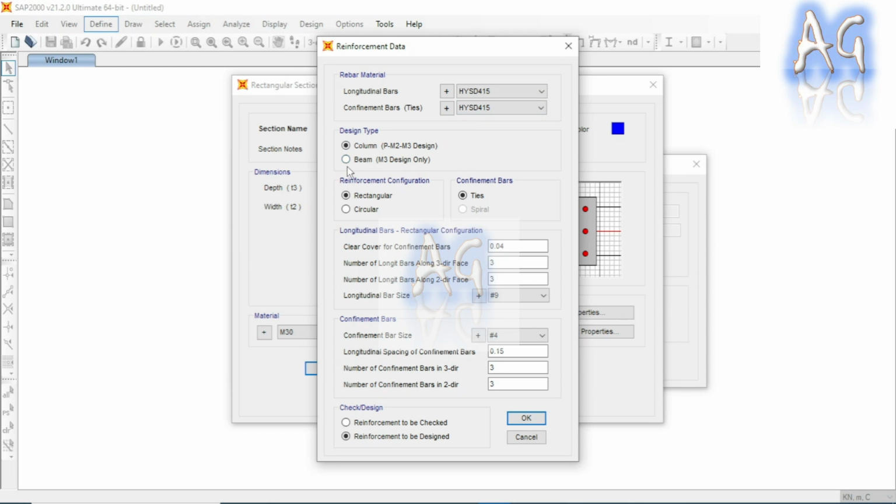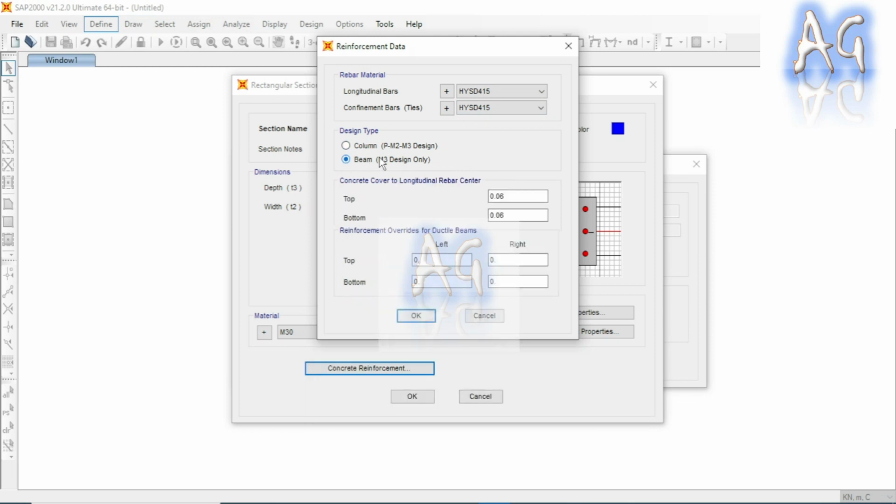In design type I'm going to select beam here, since it is a beam member, and here you have to provide the cover of the rebar for top reinforcement and bottom reinforcement. Now say assume here we are considering the concrete cover from the center of the rebar for top and bottom reinforcement is 60 mm. So it is totally depend on the bar diameter and also stirrup diameter. So depending on that you can calculate what will be the actual concrete cover for longitudinal top rebar and bottom rebar. So here I am just assuming 60 mm for top and bottom bar,